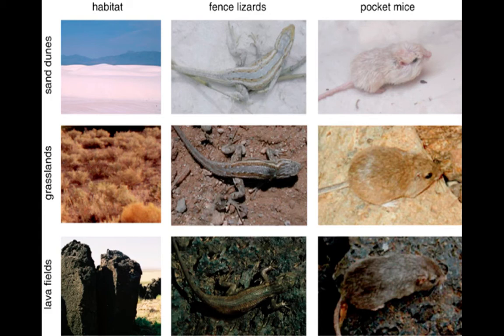But this is where predators are a big part of natural selection. If they can't see you, they're not going to eat you. They'll eat the other ones. And over time, the fence lizards and pocket mice evolved into these different colors based on these different habitats within